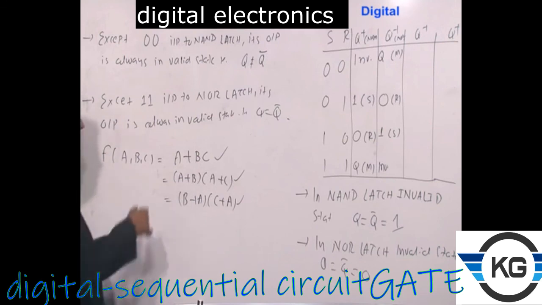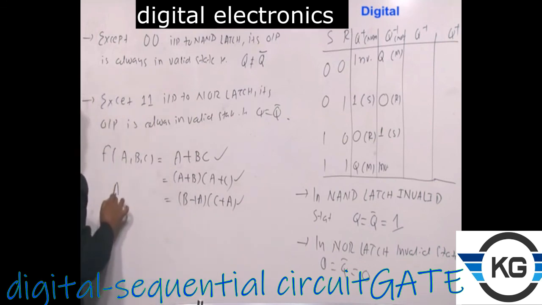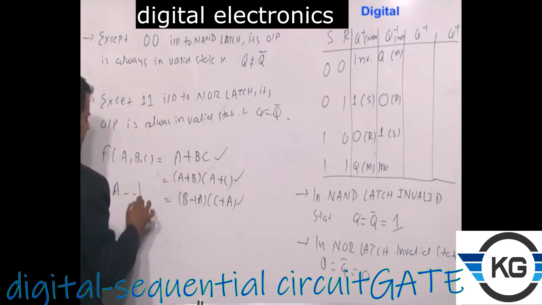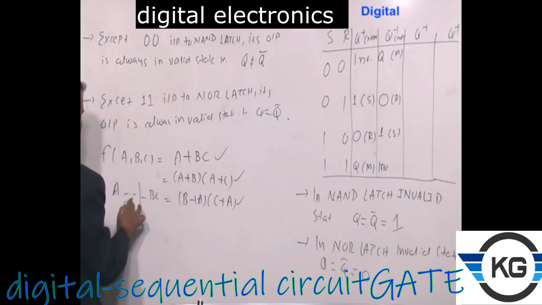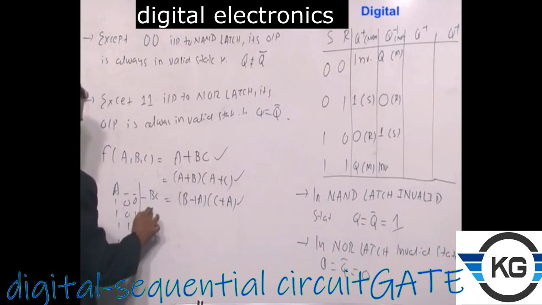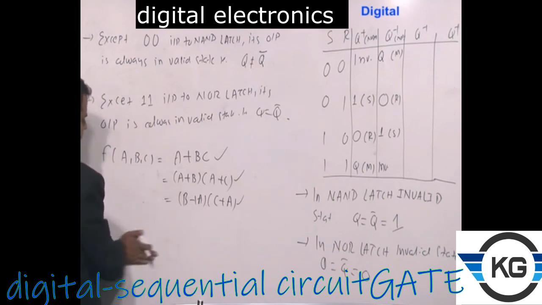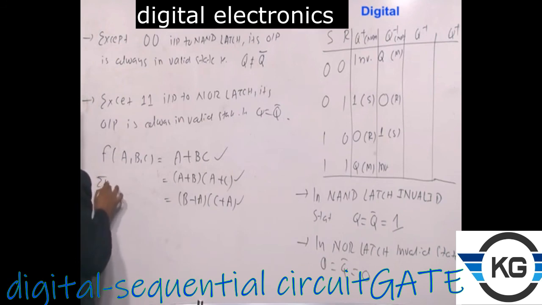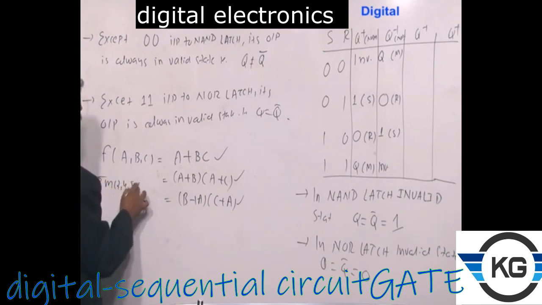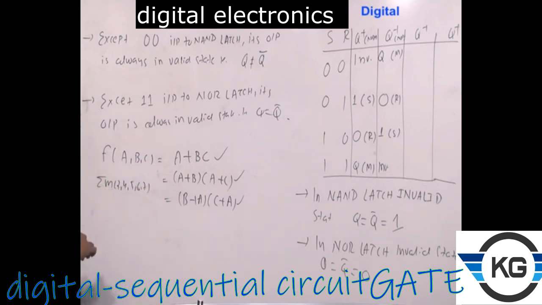That is, what are the min terms of this? So with respect to A, B and C are missing. With respect to here, A is missing. So 0 0 0, 1 1 0, 1 1 1, 1 1 1, so 1 1 1, 1 0 1. What is the meaning of this? 3, 4, 5, 6, 7. So A plus BC, writing here, the min terms of this F are nothing but equal to 3, 4, 5, 6 and 7.